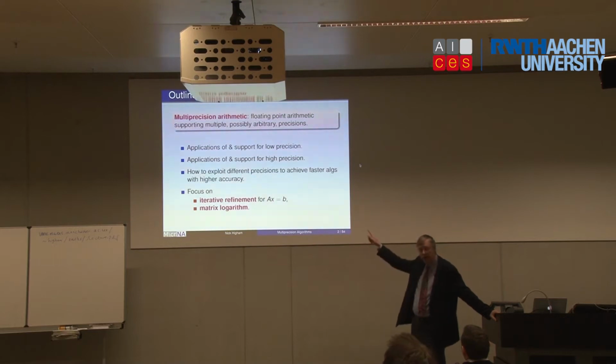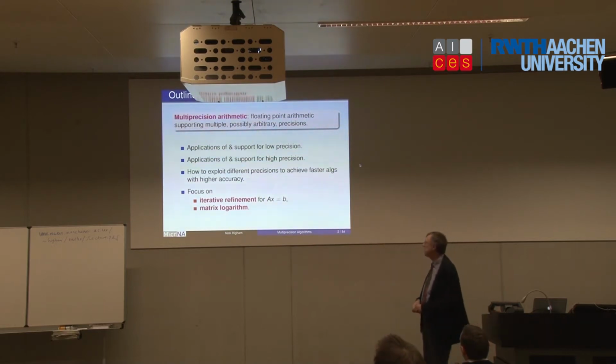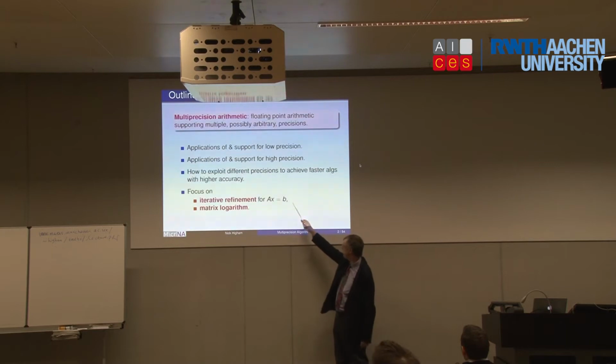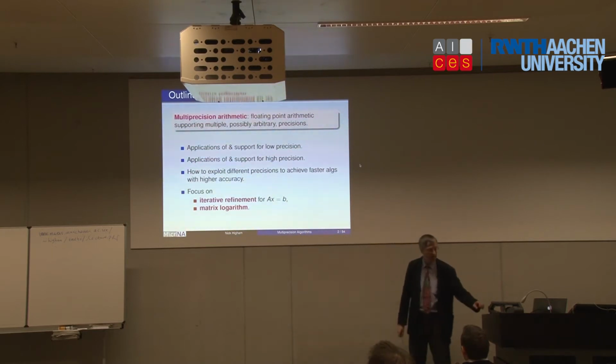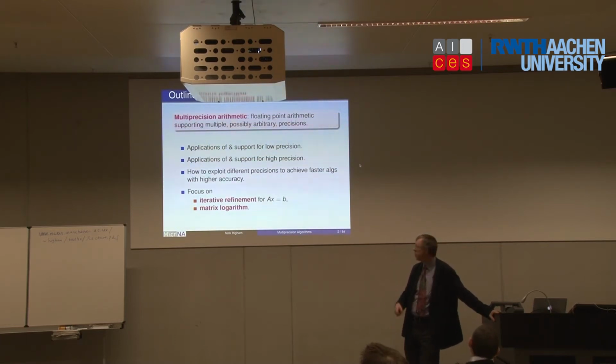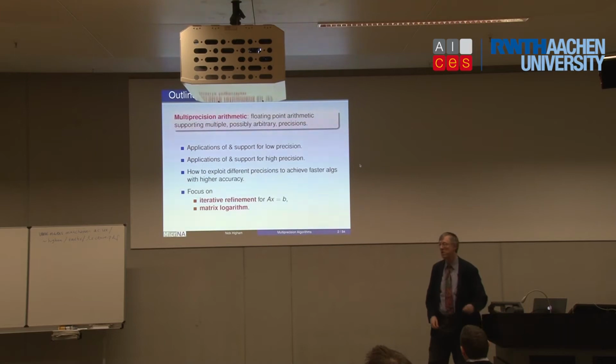The two particular things I'll talk about towards the end are Ax = b, a system of linear equations, and some recent work I've done on using iterative refinement for that, where we combine different precisions. In fact, we use 3 precisions rather than the traditional 2. And also the matrix logarithm. I've been looking recently at how to compute that in arbitrary precision, and I'll talk about some of the issues that come up when you take an existing algorithm in double precision and then try to modify it to make it work at an arbitrary precision.